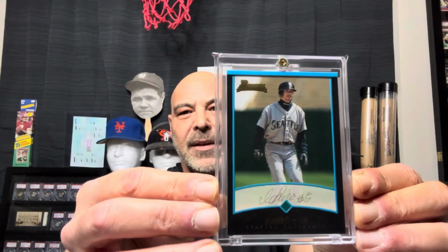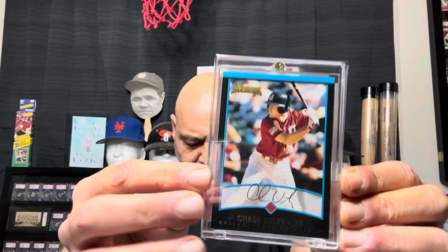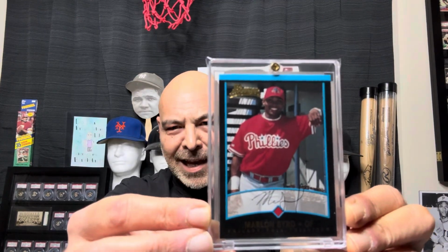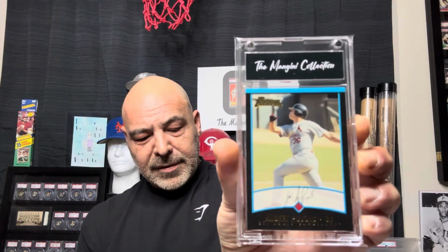One was the Ichiro rookie. The other was Chase Utley. And we had Marlon Byrd, who played for my Pirates for a short while. I liked watching him play. So this rookie set did not have the Albert Pujols. That was in the regular set,